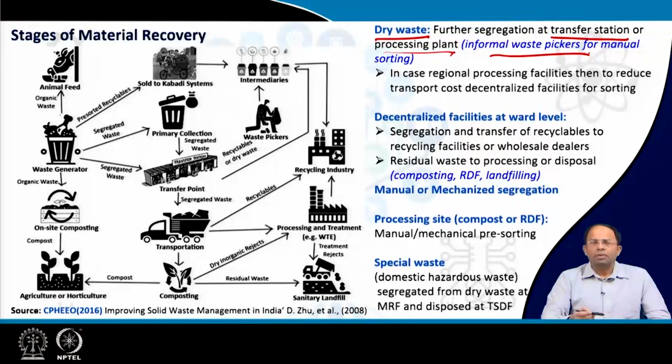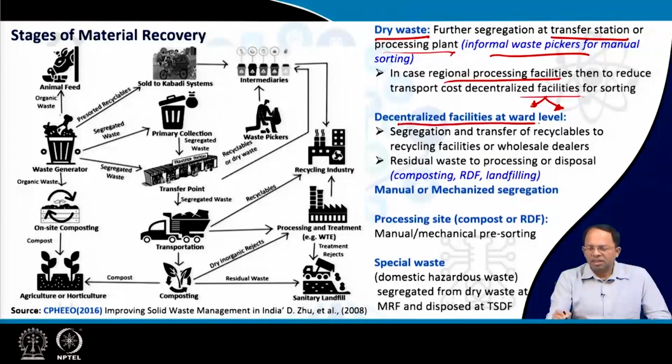But sometimes, if this facility is far away, a regional facility, then instead of taking all this waste there and doing the sorting, I can set up some decentralized facilities at the local level, or even a centralized facility at the city level, for doing some amount of sorting. Then I will categorize the waste into different categories there itself, and directly take it to the respective processing facilities. So I don't have to waste time retransporting them between the processing facilities, or from processing to the landfill site, right? So some sorting could be done at the ULB level, in this MRF facility.